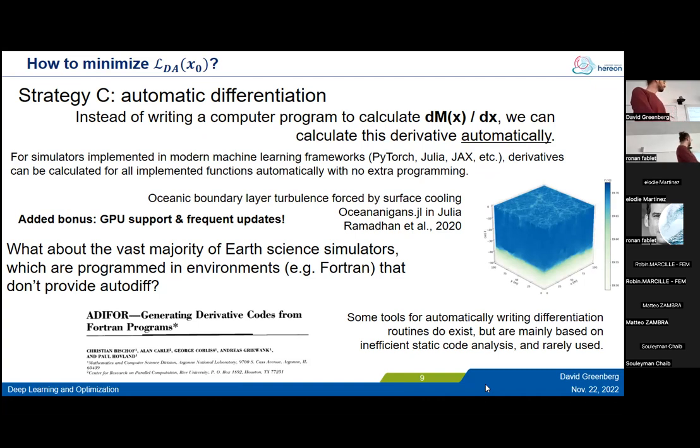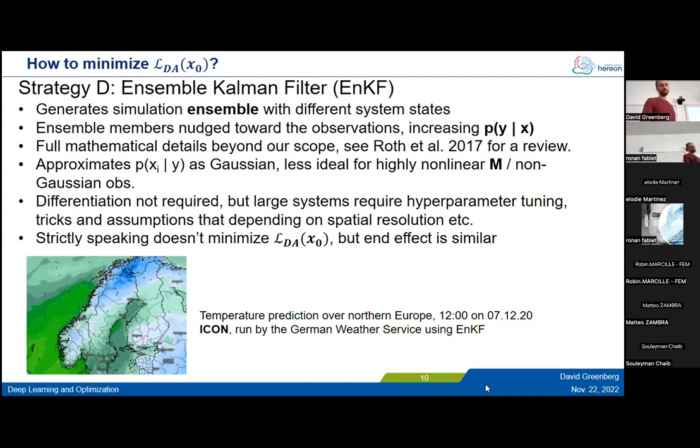And there are some tools indeed for automatically differentiating Fortran code as well, but they tend to be very inefficient. They don't scale to large models, and they're based on static code analysis as opposed to the efficient backward pass of machine learning. And then a fourth strategy, which, for example, is used by the German Weather Service, is instead of solving the